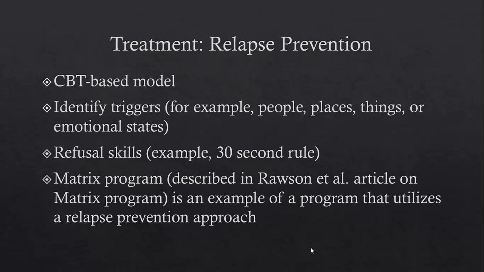Another thing that might happen in a relapse prevention program would be refusal skills training, teaching people how to say no to drugs. If you're a long-time drug user, probably most of your friends are drug users. You get out of rehab, they see you on the street, they come up and say, hey, let's go, let's get high, we've got some really good stuff. One of the things they would teach you in a relapse prevention program would be something like the 30-second rule, where they'd say, if you talk to that person for more than 30 seconds, you're likely to do what they want you to do.